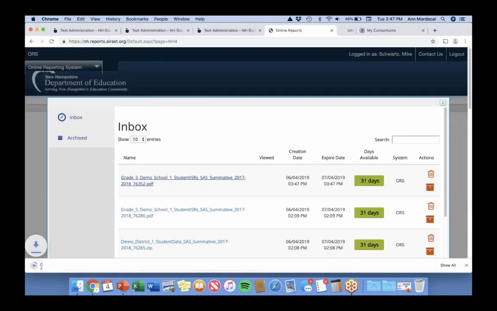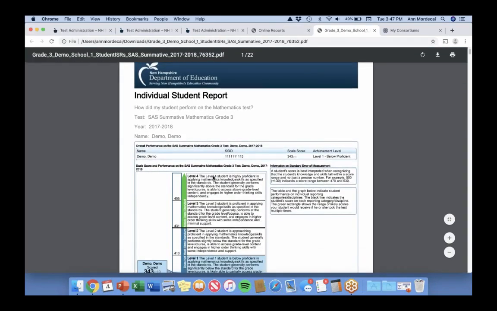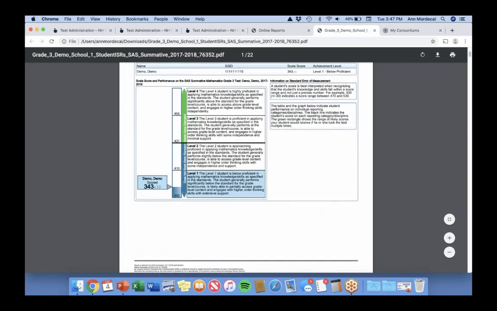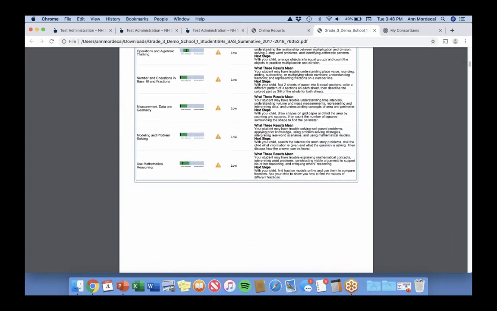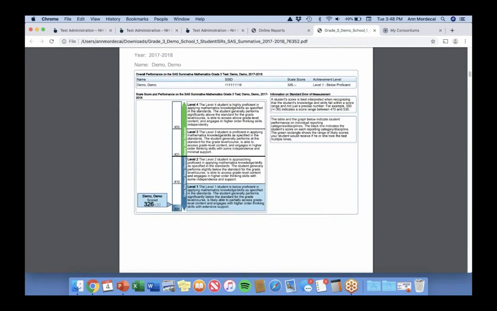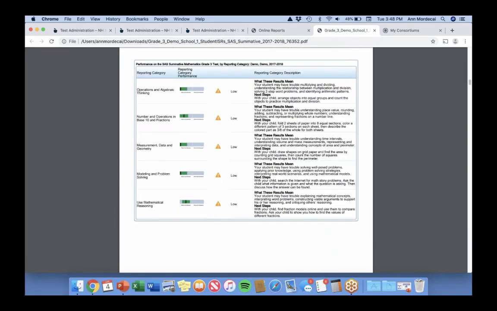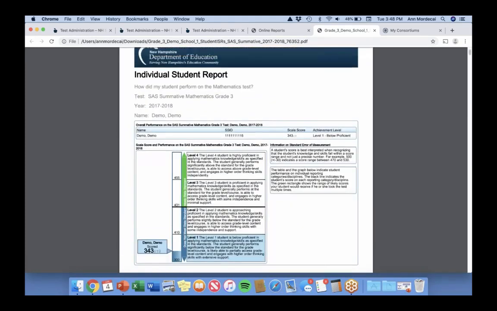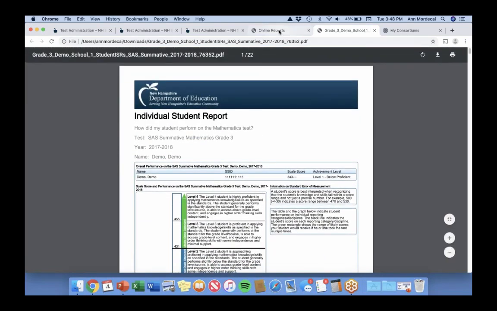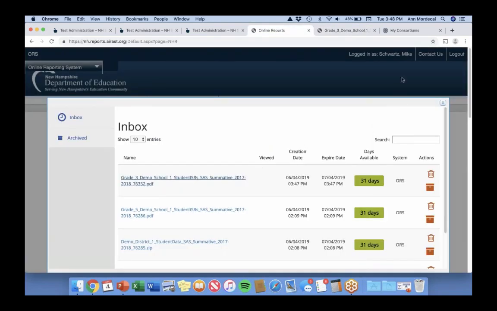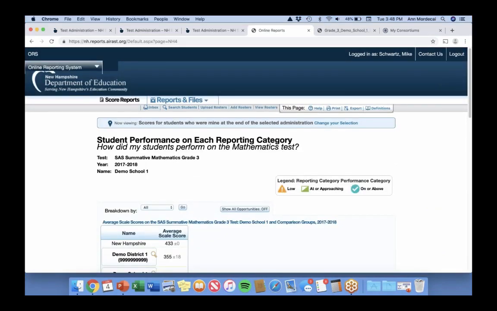Let's see. I download it and open it up, and I will get a report on each of my students. Here's my demo student. So these are the reports that go home. And this is all math. You can also do the same thing with reading, with ELA, I'm sorry. I can't see that X. Hold on, I'm going to get out of this, clicking on the X. The other thing that I'm going to go back to that another time.